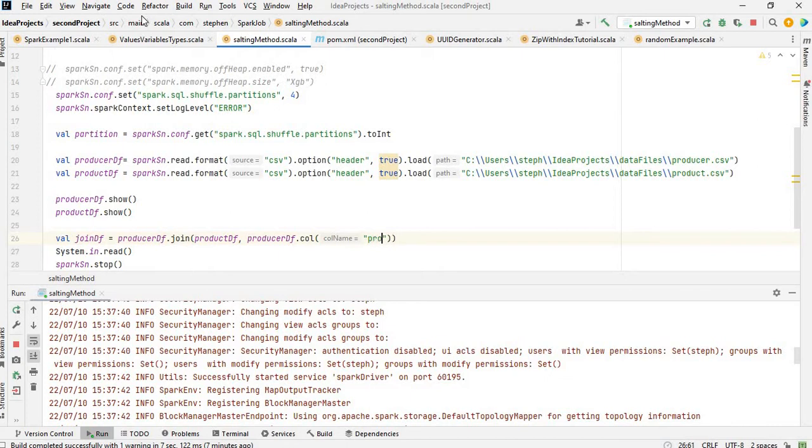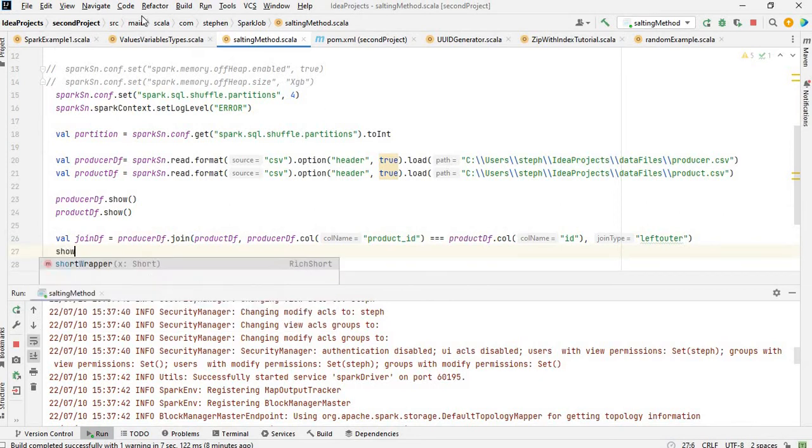That is the one I want to join, product ID. And then if the product ID equal to product df.col, the column name is the ID, which is the product ID. So the join type is going to be left outer. I just chose left outer. Well, you can choose inner or any other join type. And then if I show the data frame, join df.show,